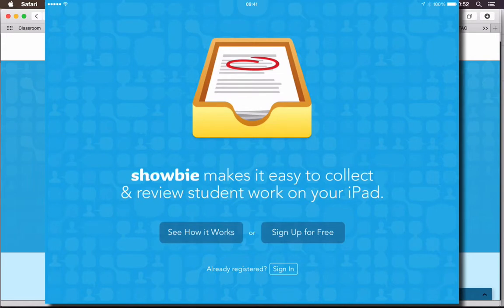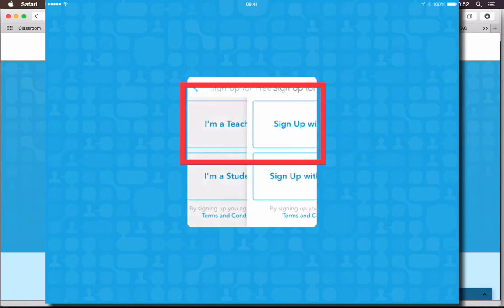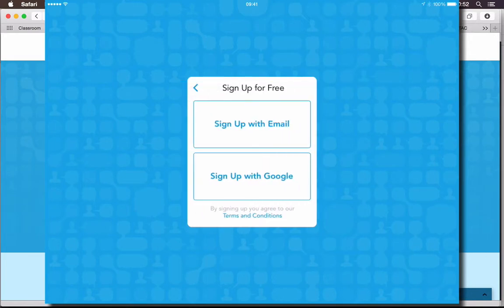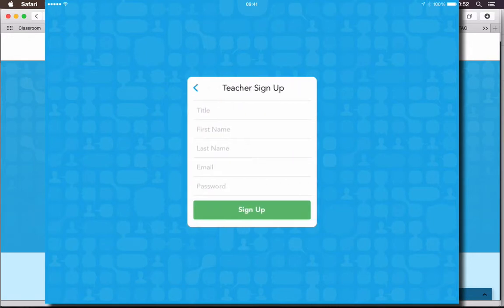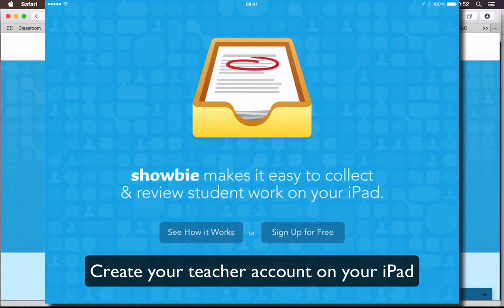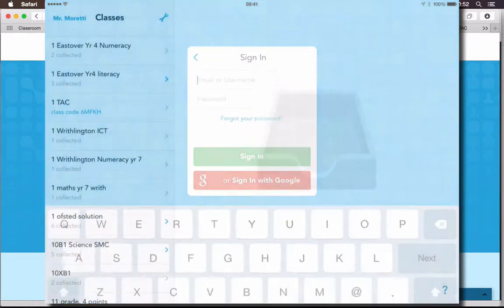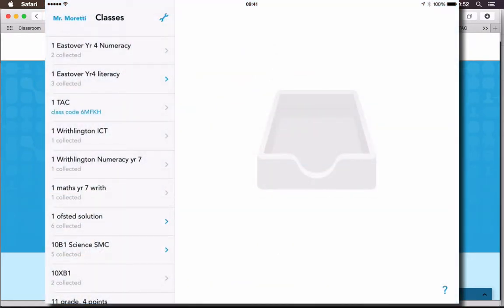So what I'm going to do on the iPad, I'm going to sign up as a teacher. So you would go through this process, tap on I'm a teacher, sign up with your email or your Google account, fill it all in, etc. And I'm just going to quickly log in because I've already got my teacher account set up, but you can do that yourself. Okay, so here we are back in Showbie,